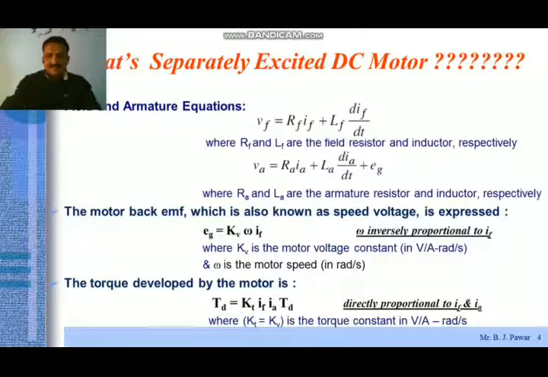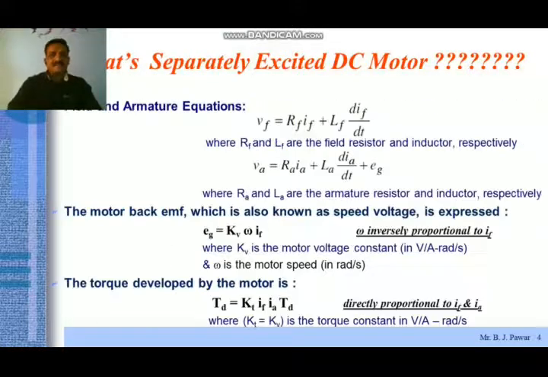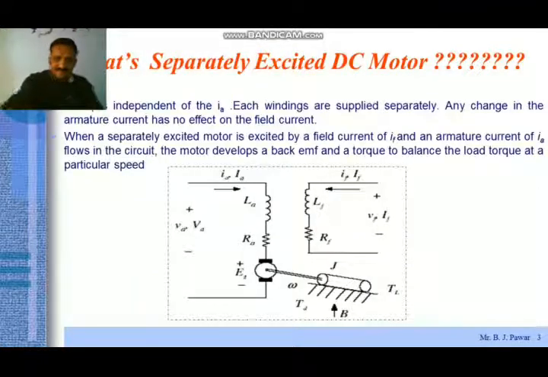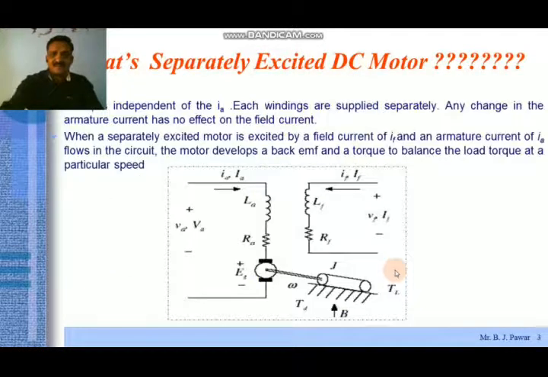If we apply KVL over here, then we can easily write this equation: Vf equals Rf into If, that is the drop across the field coil resistance, plus Lf into dIf by dt, that is the drop across the inductor, that means across this Lf. Okay, similarly